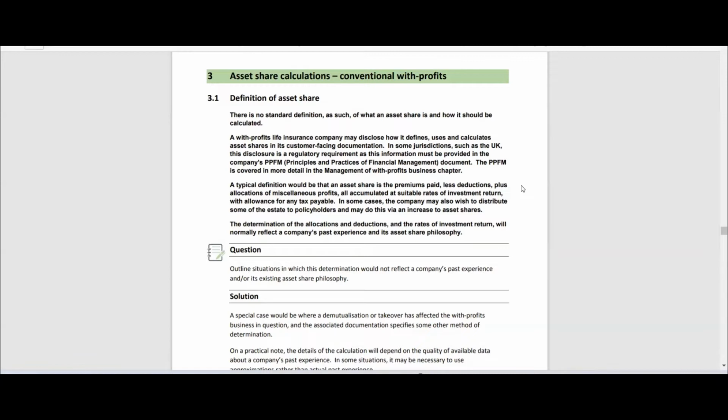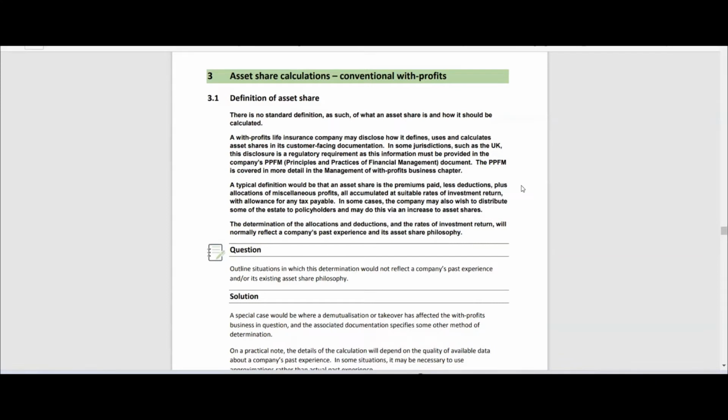In that sense, it is very similar to the retrospective reserve that we have studied in CT5 or CM1, whatever that subject is called now. Prospective reserve is kind of looking forward, right? Retrospective reserve is looking backward. That's why the name retrospective. It is also kind of similar to risk neutral valuation and real world valuation. If you don't remember risk neutral valuation and real world valuation, you need to see my ALSM video of the SA2 chapter, where I've clearly explained what is risk neutral, and I probably will also cover that in this 5 minute video at a later date.